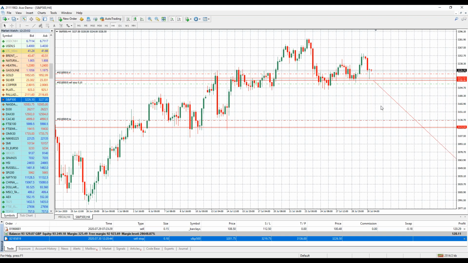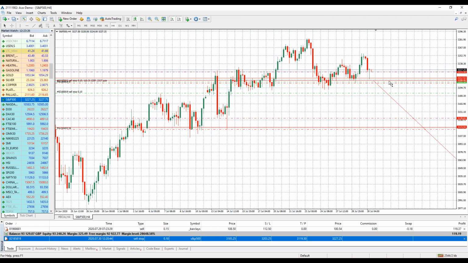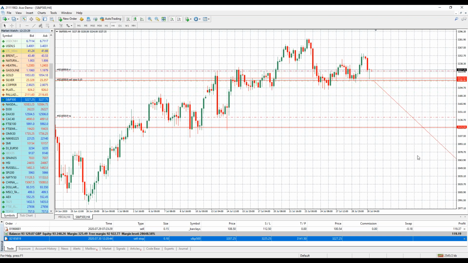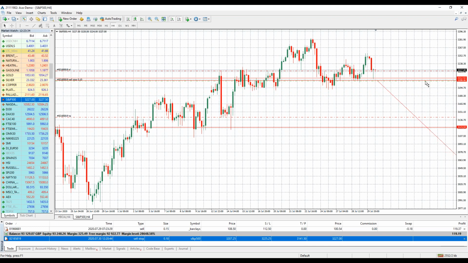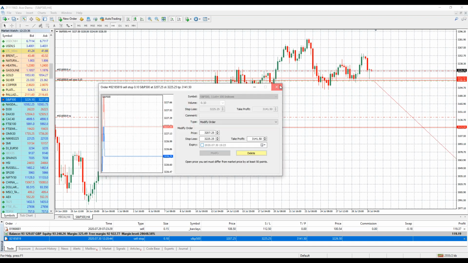Okay, so someone's asking to explain again. The idea is my entry point should be below the support level enough that I think, wow, it must have been bad news. Maybe I want to get below this support level here, this major one. Okay, as I look at the 4-hour candles, I might say, wow, I want to get below the major support level. Or you might say, no, I'll enter if it just breaks the first support level up here. Right? That's up to you individually on your technical strategy, right? But the idea is if there's bad news,